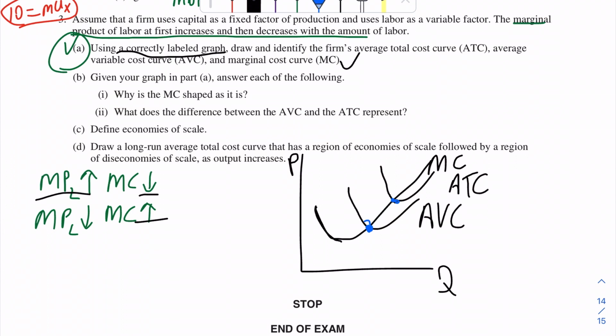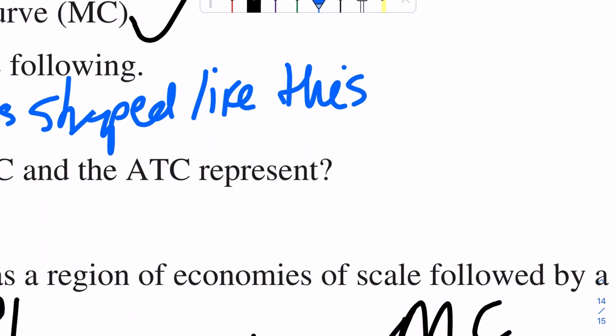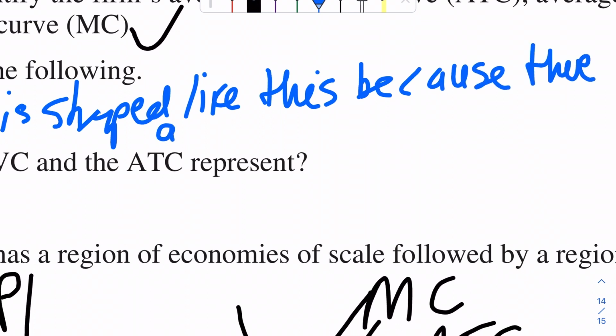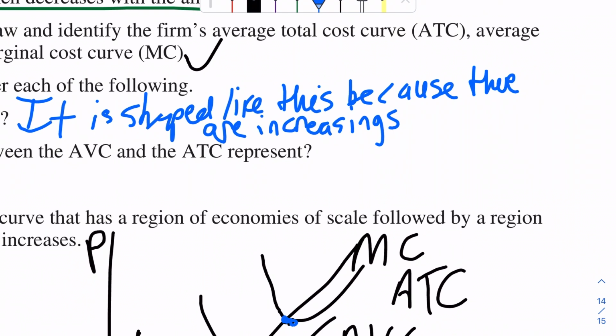It is shaped like this because there are increasing returns to labor, right? Because you're making more product, your marginal product is going up. So increasing returns to labor,